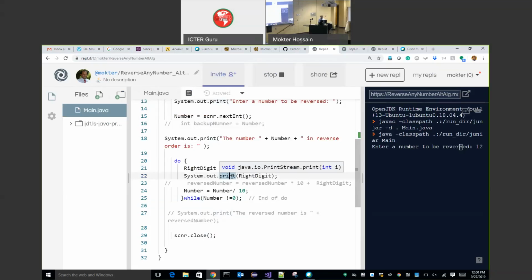The compiler has this print method built in, so we are reusing it again and again, right? Close is a method. How do we know that this is a method? Once we see a parenthesis, this is a method. Method is an important thing in order to learn